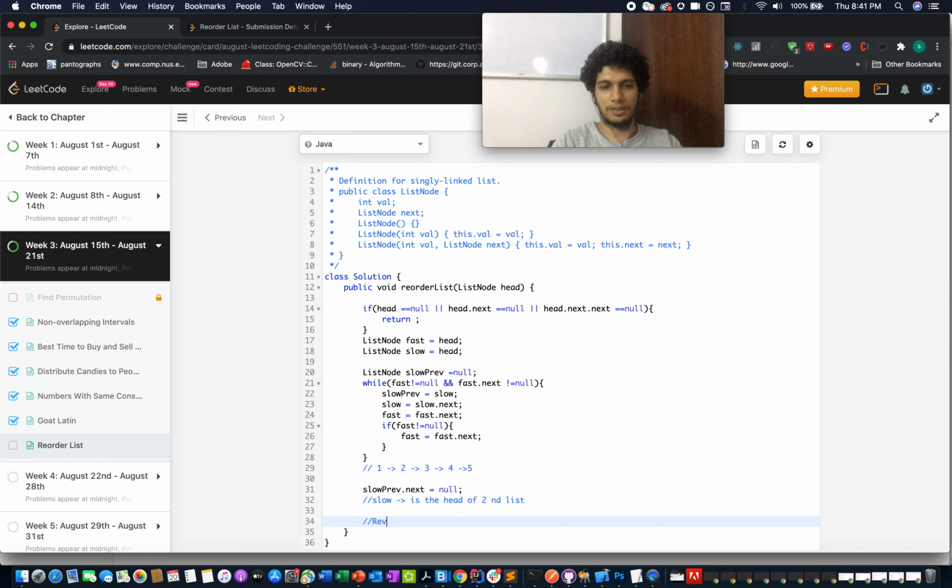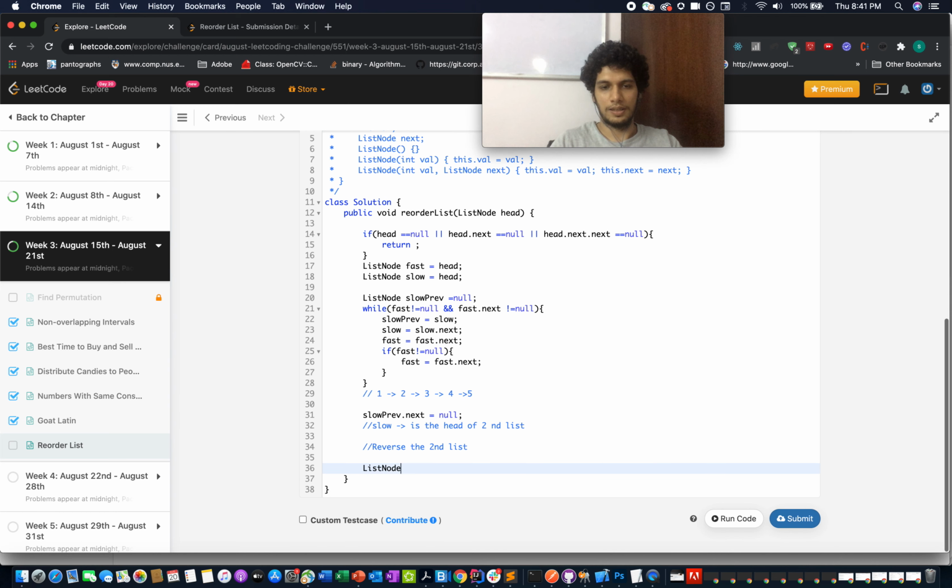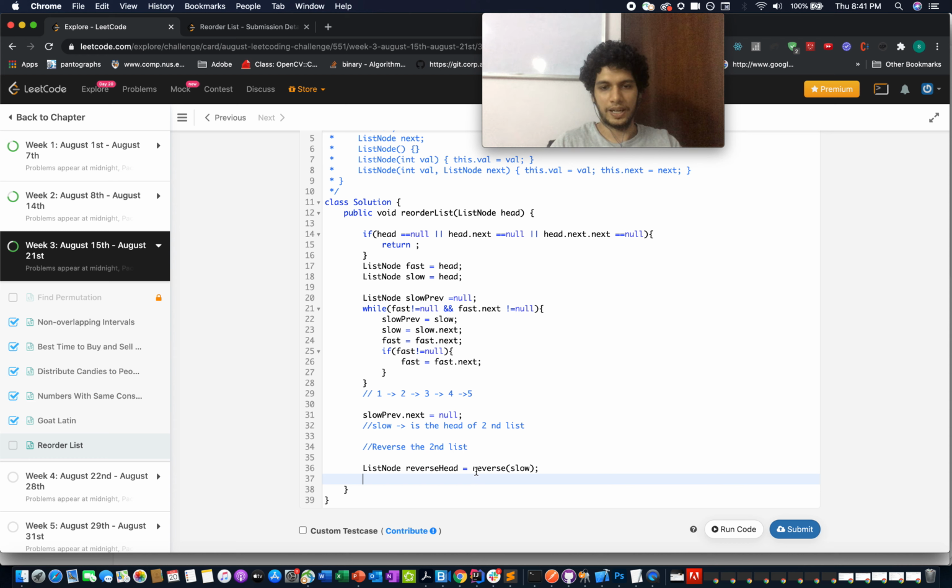We need to reverse the second list. So I'll be storing another pointer named reverse head, reversing using the slow pointer, and let me just define a method that reverses the list.